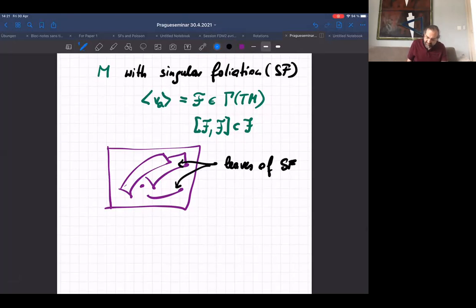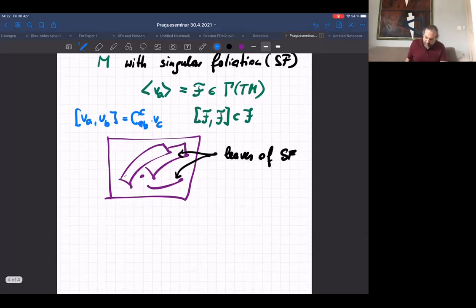It means that there are some functions C^C_AB such that if I calculate the Lie bracket between locally defined vector fields, then they have to close on these vector fields because they're generating this. So there are some functions C^C_AB, and